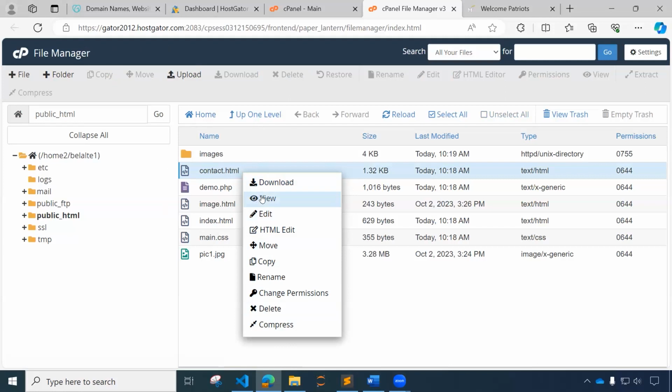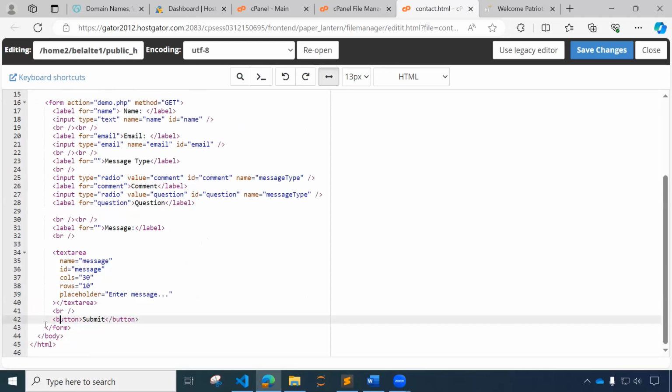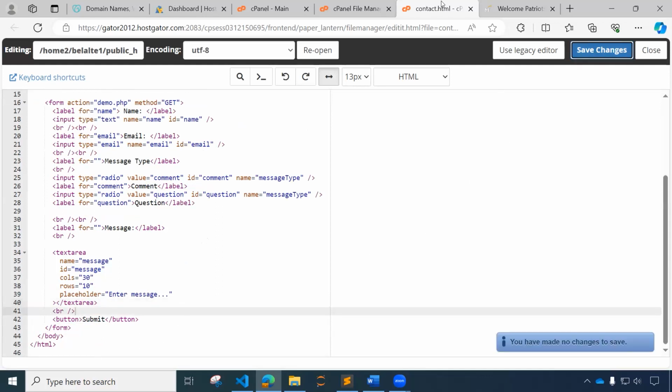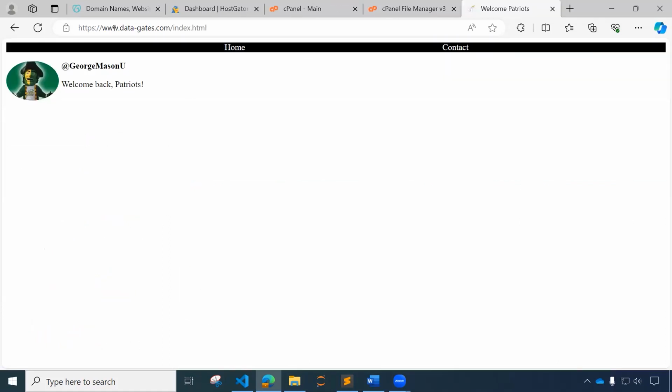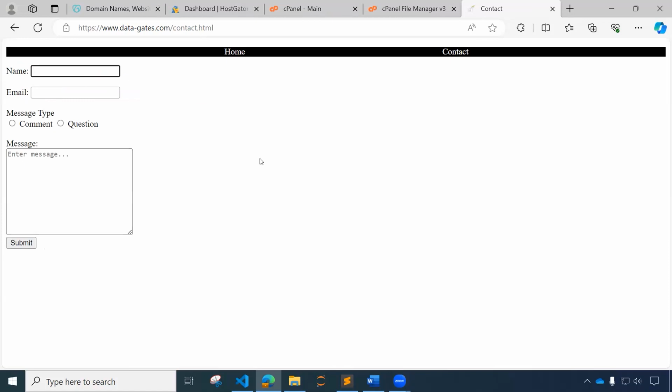I don't have to open up Visual Studio. So if I go to edit for this file right here, there was a button tag at the bottom with the label submit, but there was an attribute set up as type equals button, which is supposed to be acceptable, but for some reason I'm not able to understand yet after reviewing the documentation, it did not want to work. I removed that type equals button and went ahead and saved it. And I went back to the website, go to contact, and then here I can type in